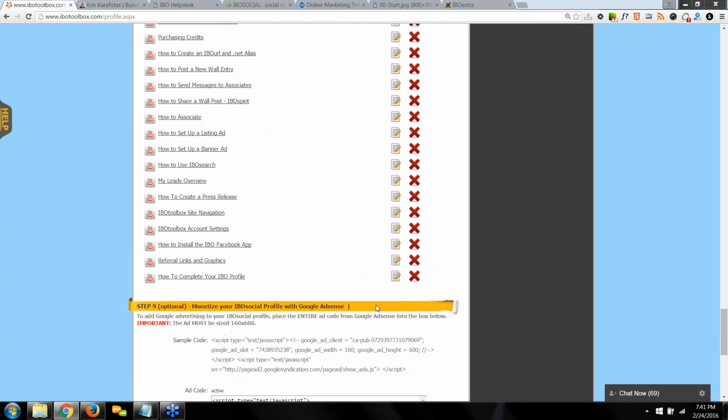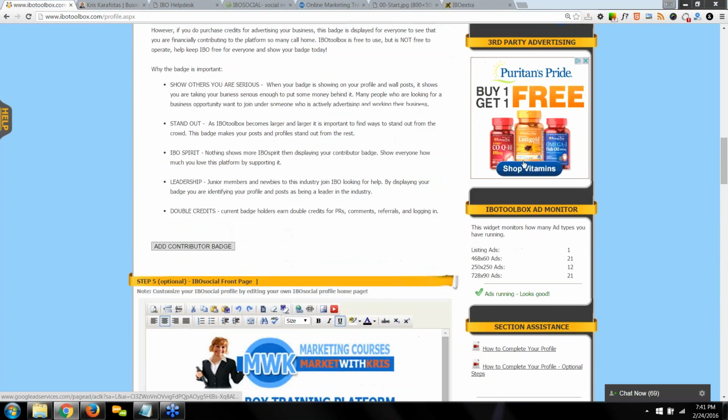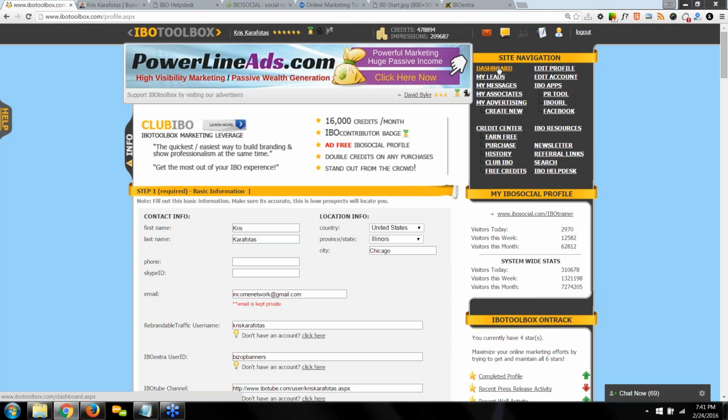Now, whether or not you complete steps 1 through 3 or all 9 steps, it's important that you click on dashboard when you get done. So you don't want to log out and you don't want to close the tab. You want to click on dashboard. Once you do that,